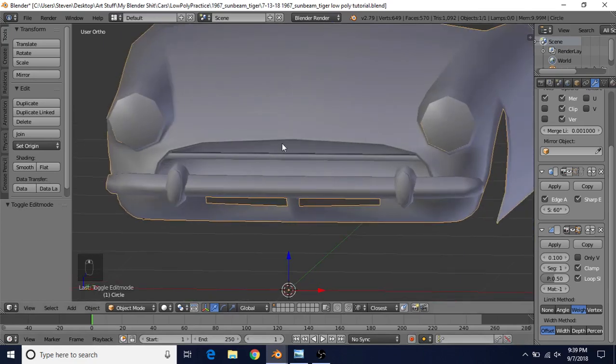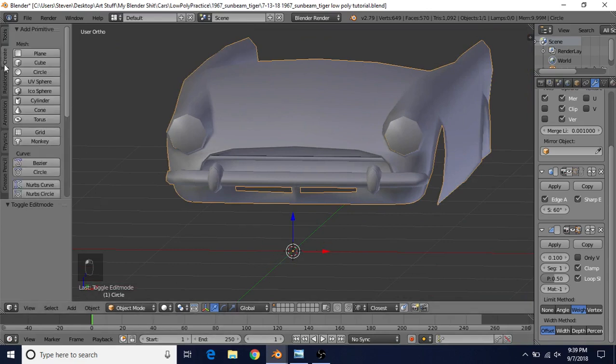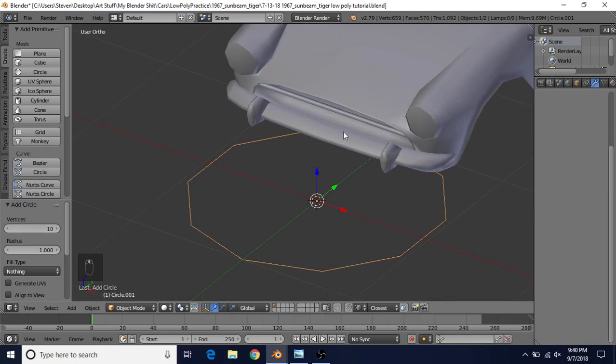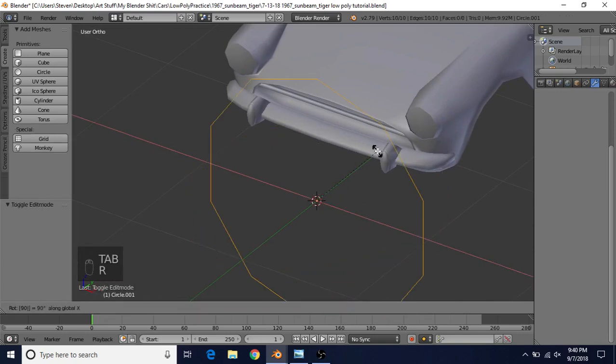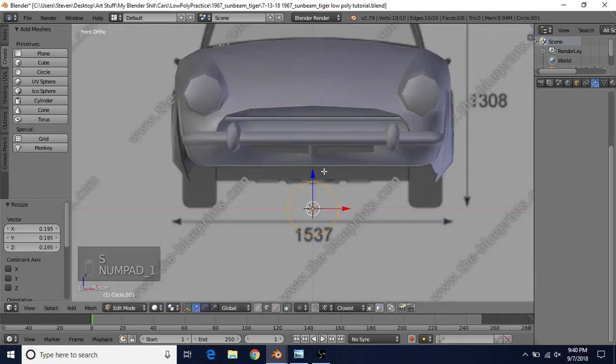And when I tried making this, it came out better when I used 10 vertices. So we're going to go to object mode this time, so make sure you're in object mode, go to create, and we're going to choose circle, and we're going to use 10 vertices. I tried 8 vertices, it didn't really look as good as I wanted it, so I'm going to stick with 10. So we're going to tab into edit mode now, R X then 90, press enter,